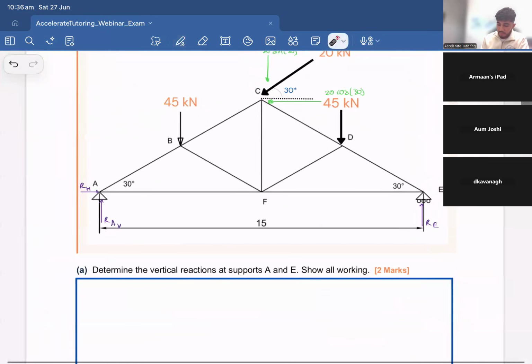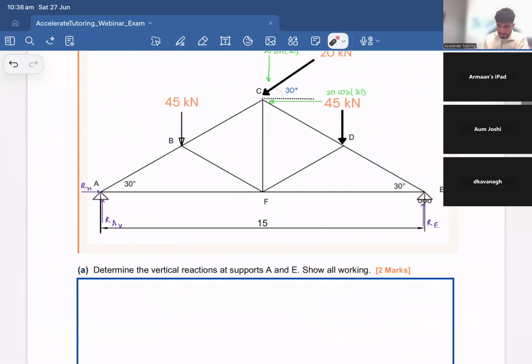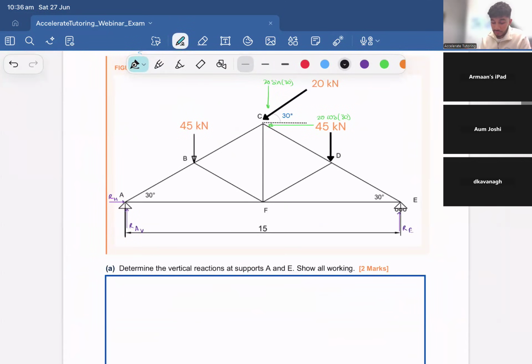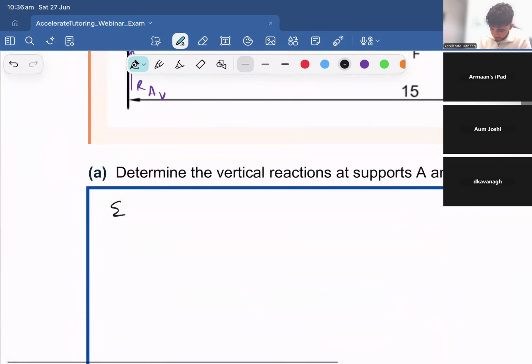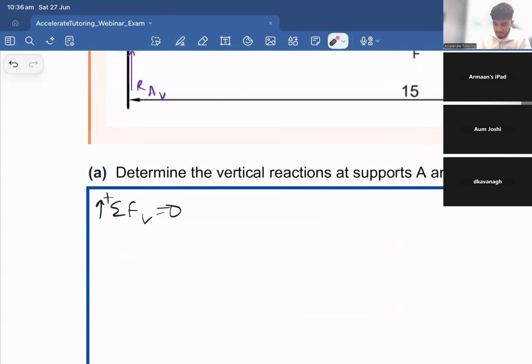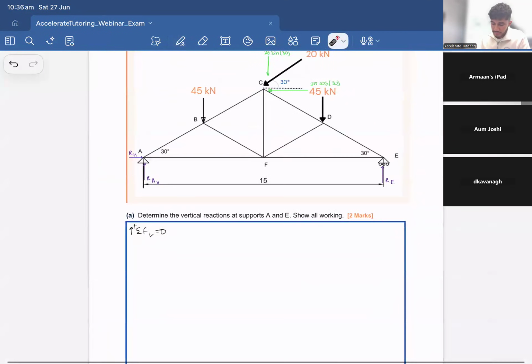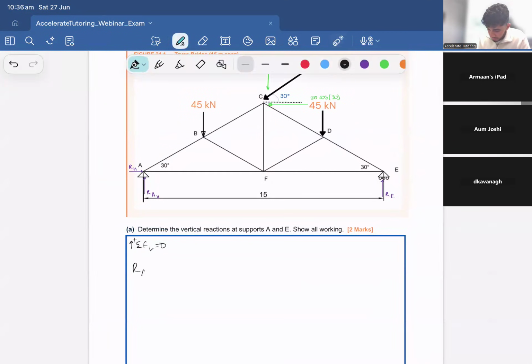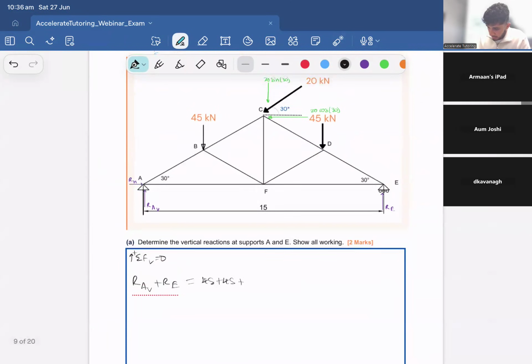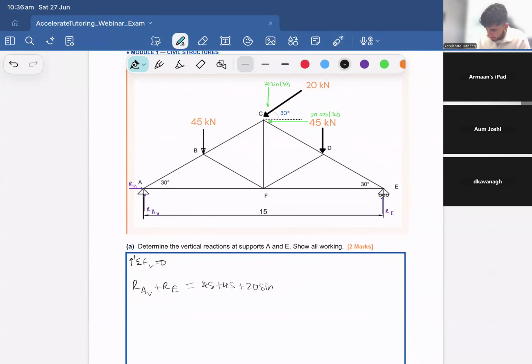Now we just care about the vertical reactions for the time being at supports A and E. So to do this, we use our 3 fundamental equations. Sum of forces in the vertical is equal to 0. We say up as positive. Always just write this in so the marker knows what you're defining as your positive. We have RAV plus RE both going up. Everything else is going down. 45 plus 45 plus 20 sine 30. That gives us a total of